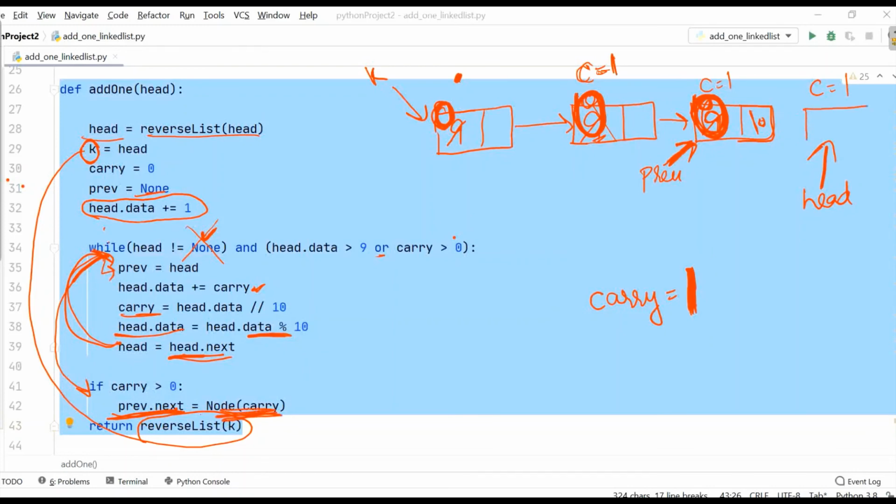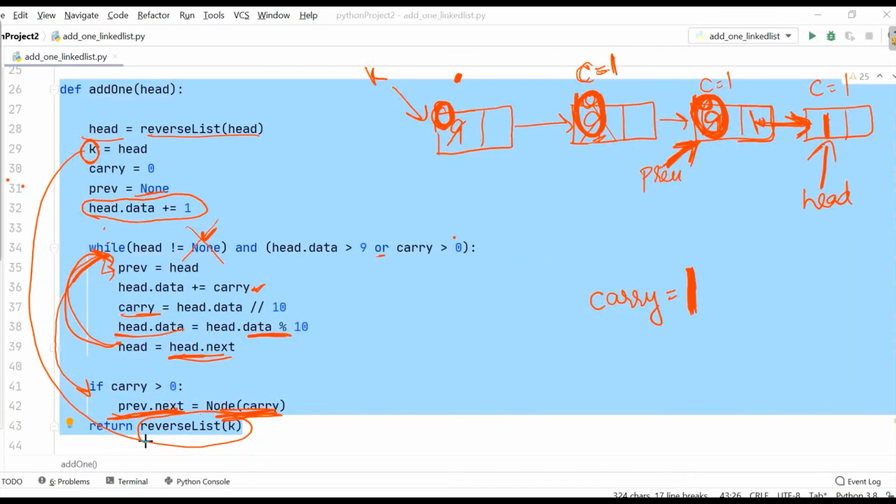So here we'll be getting a new node which will be connected to this 0. In carry we have 1. That's why we are using previous here, so that if we are left with carry in the last part, we can simply go with previous.next. It can just connect it and will be filling this carry by creating a new node.